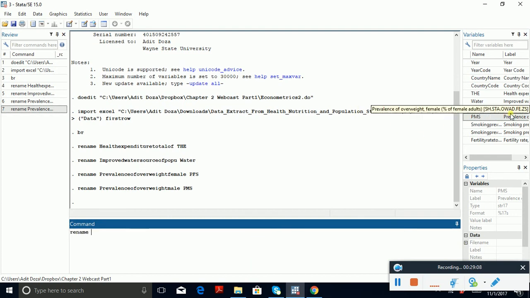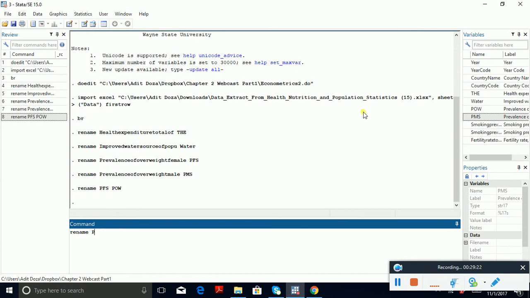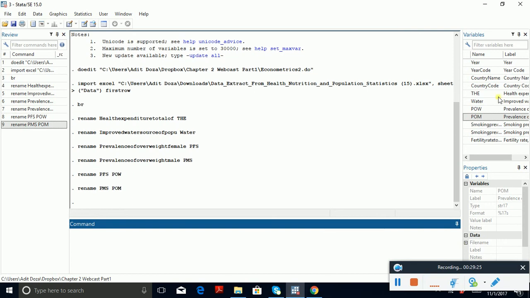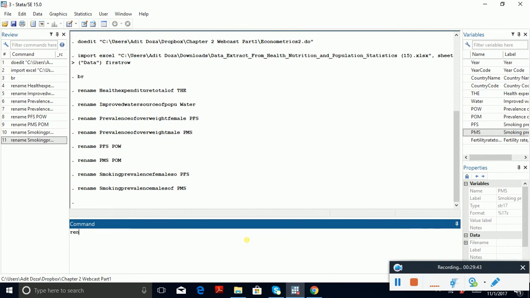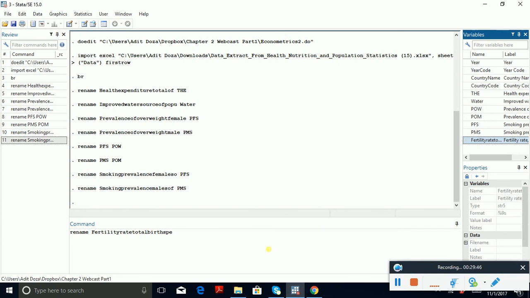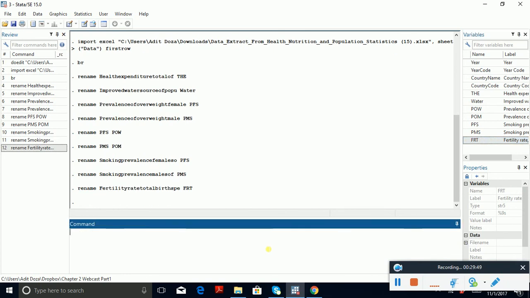Rename smoking. I again made the same mistake, the prevalence of overweight should be POW. POM is the prevalence of overweight for male. Smoking prevalence, PFS, rename males PMS, rename fertility rate as FRT, right? Let me just